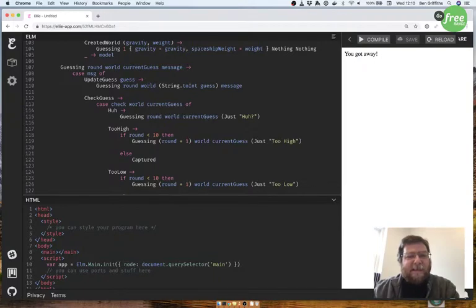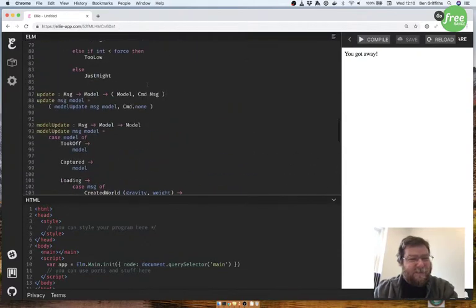Well, I noticed that this world here is the second argument to guessing, but it doesn't change very often. It changes once at the beginning when we get the gravity and the spaceship weight set, and then it doesn't change after that. So I'm just going to change the order of that, I think,